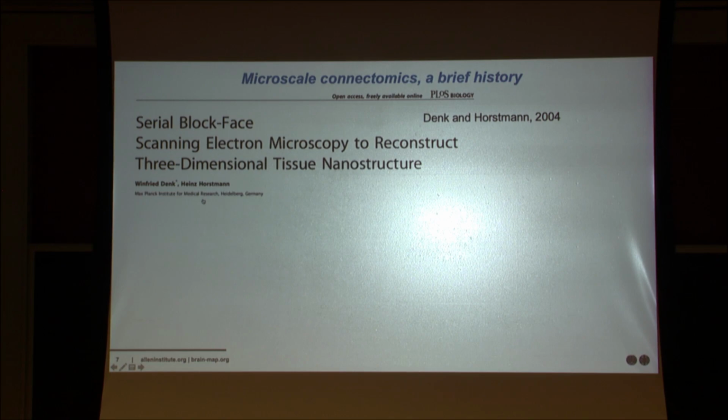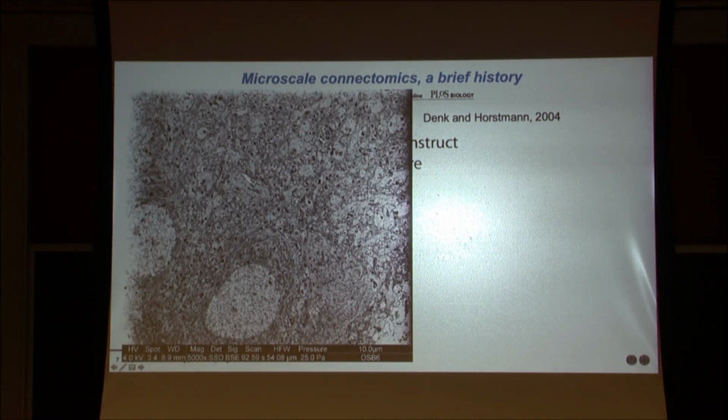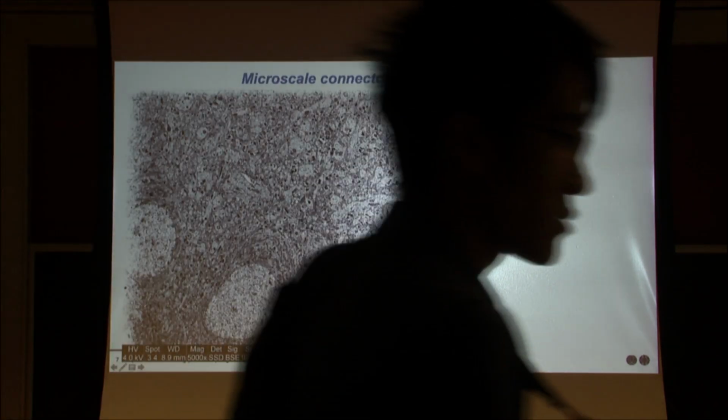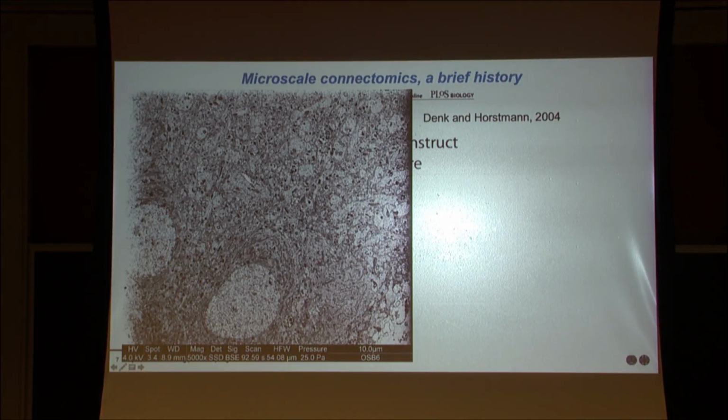But the modern field started 15 years ago with Winfried Denk, then in Heidelberg, who automated serial section electron microscopy. I won't tell the details unless people ask later on. And if you've read the 2 articles I assigned, the first article discussed the different techniques to do it. But let's just say very difficult laboratory experiments. But what you get at the end is a series of 2-dimensional images that look like they're evolving in time, you'll see soon, but are really just marching through in the 3rd dimension, Z.